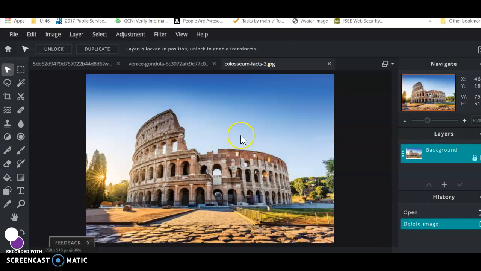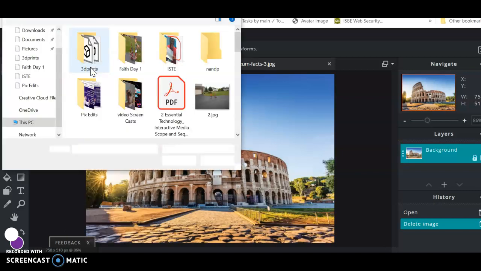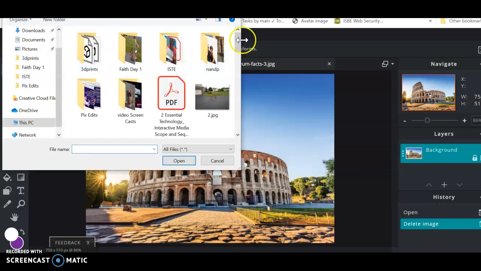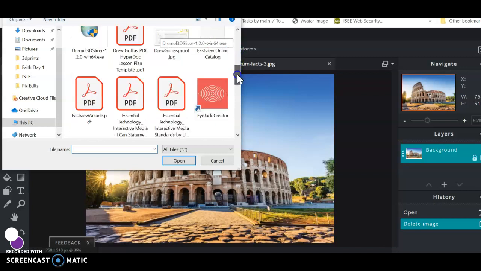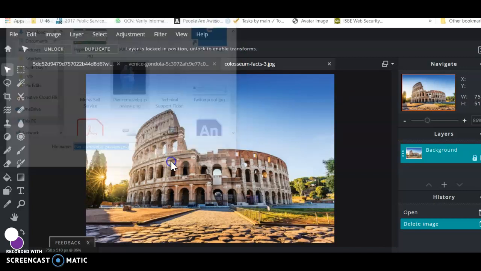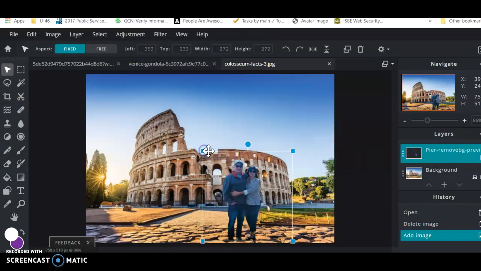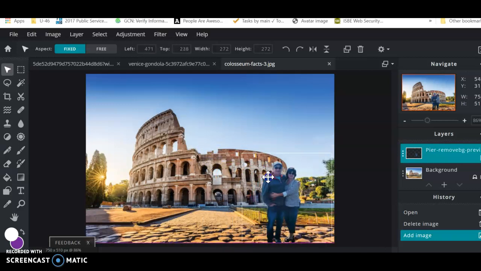So I found this background image, and this is actually something that I was doing for a family member. So the next thing I'm going to do is click layer, and then we're going to add an image as a layer. Now it's going to let me choose, and if I go through here, I should have it right. Here's the one. So I click OK, and now I'm just going to have to resize it and position them,